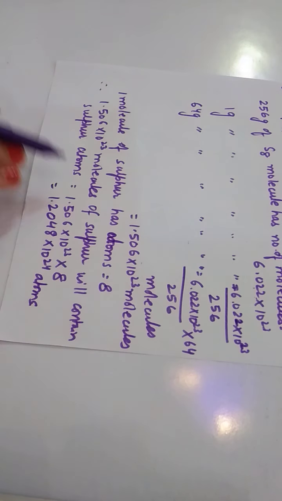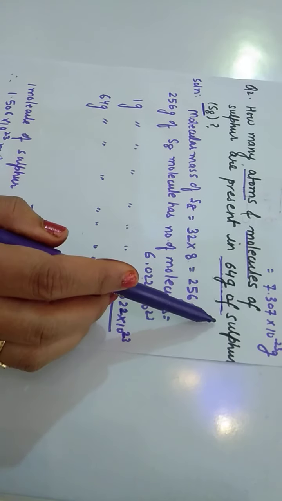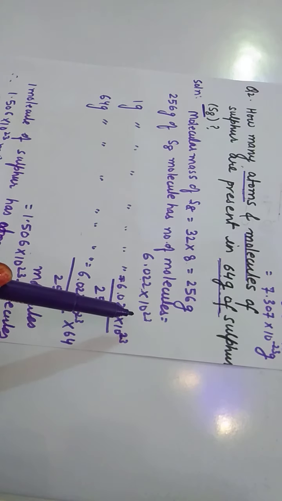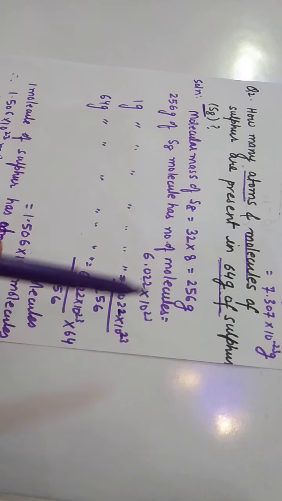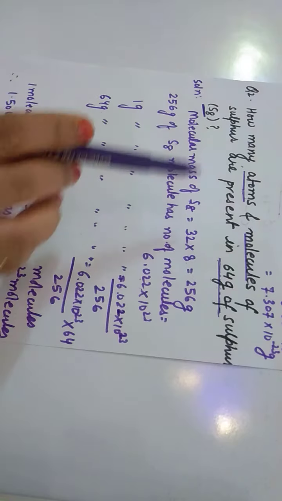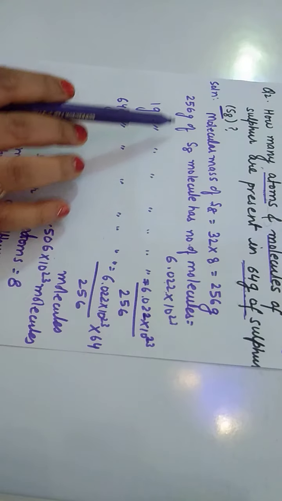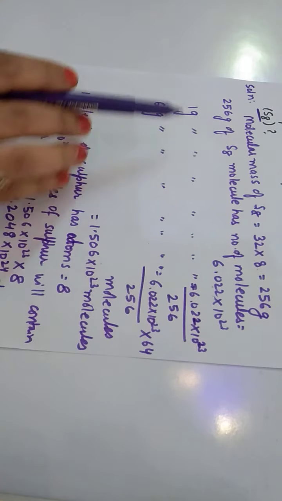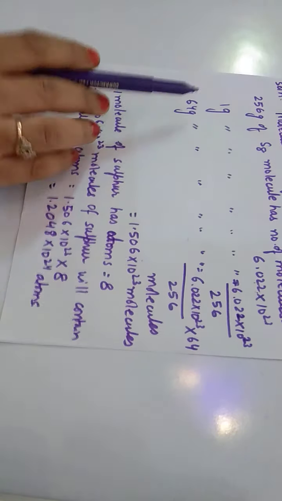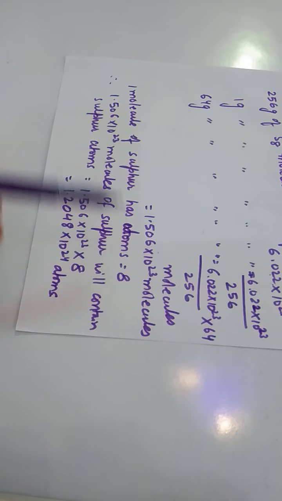So, how are you going to find out what is asked? Atom and molecule present in 64 gram of sulfur. Number of atom and molecule are asked. So Avogadro number on the right side, and with the help of which, gram, you need to find. Gram will be on the left side. So it is S8 molecule. You will find out the molecular mass. So it is 256 gram. So 256 gram has Avogadro number of molecules. So 1 gram will have Avogadro number of molecules divided by 256. So how much will 64 gram have? Into 64. So this much number of molecules.